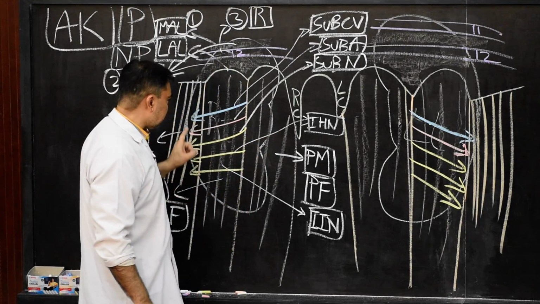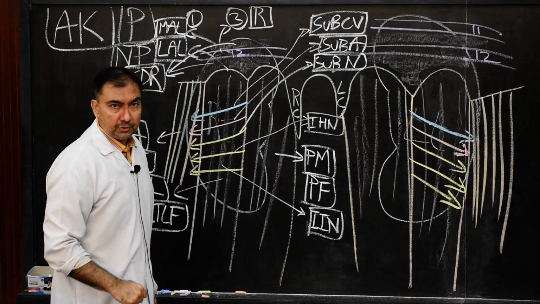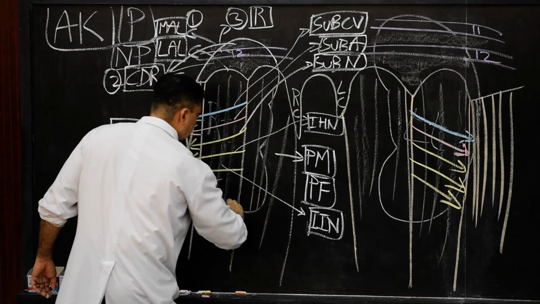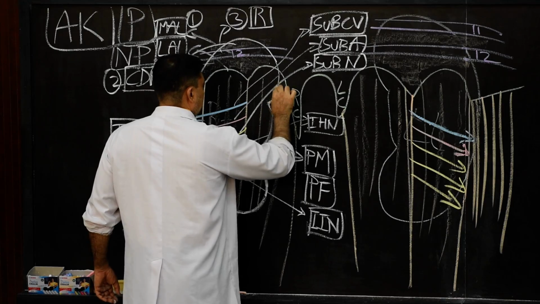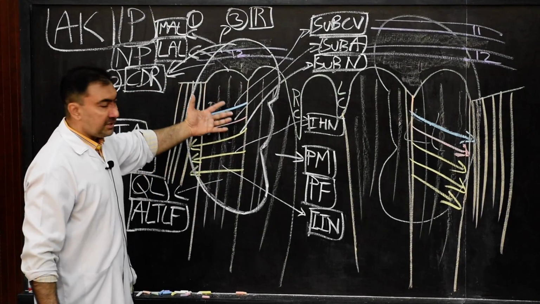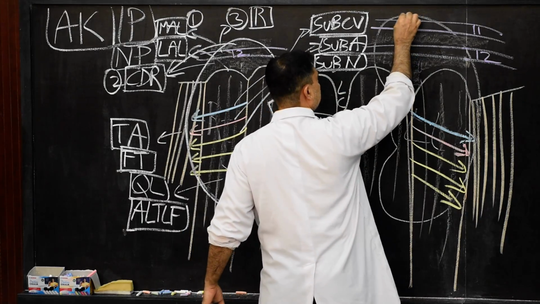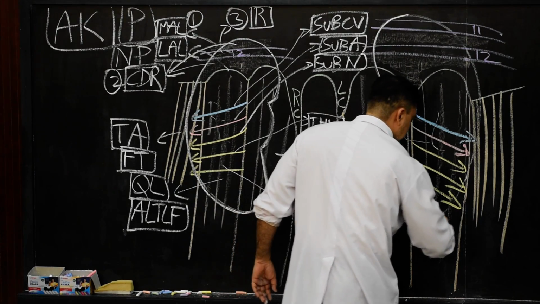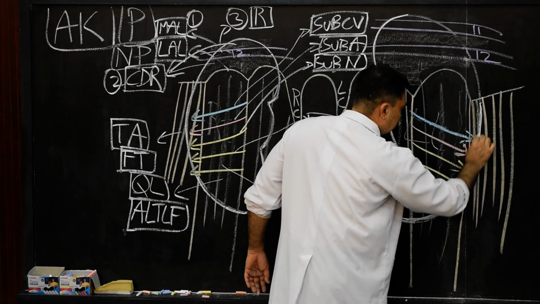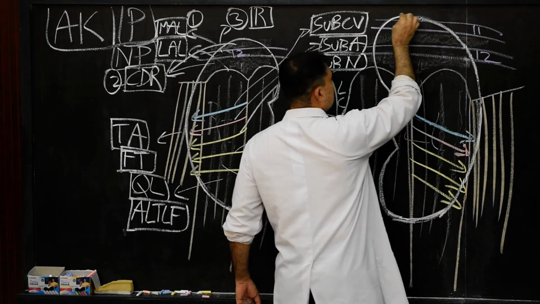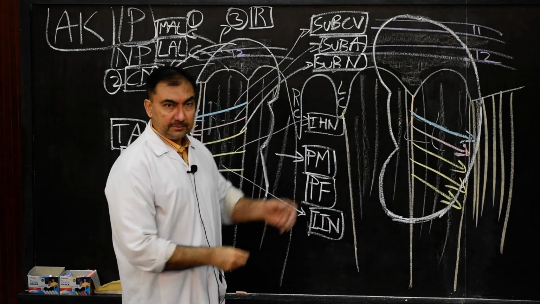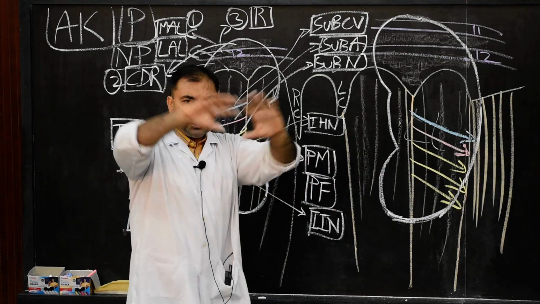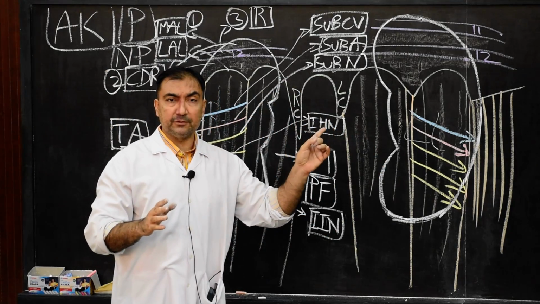So these are the final structures and the outline of kidney. Now if I want to show the outline of the kidney, here this is the outline of the kidney. Once again I am drawing, this is the outline of the kidney here, and all the structures are posterior to the kidney. If I draw on this side also, this is the outline of the kidney on this side also, so that it is visible that these structures are lying behind the kidney. Very clear. Now if you memorize both the kidneys' line diagram, it will be much easier to memorize what are the structures related to the posterior surface of the kidneys.